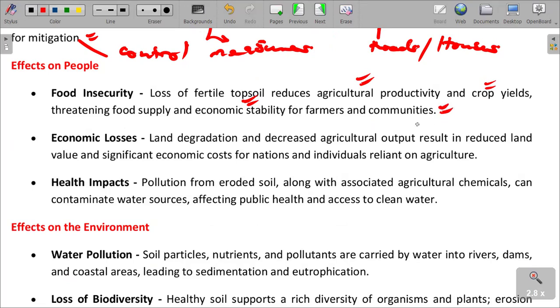People suffer from hunger because of erosion and land degradation. We have already mentioned land degradation, decreased agricultural output, and significant economic costs on nations and individuals reliant on agriculture. We have to do importation. We talk about importation of agricultural produce,